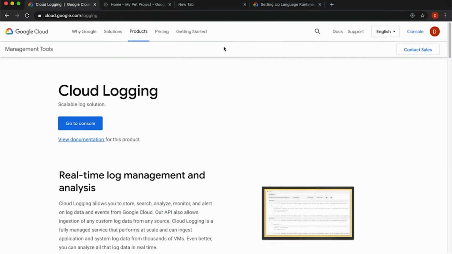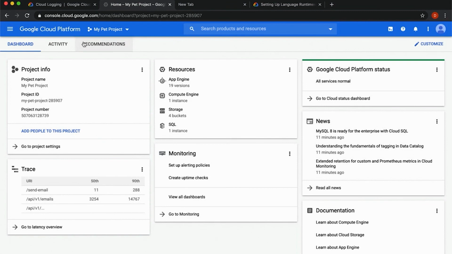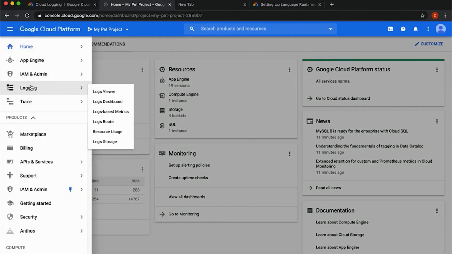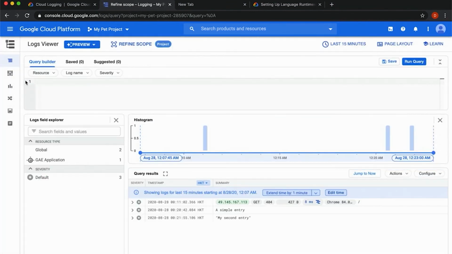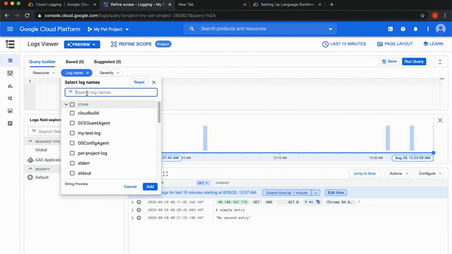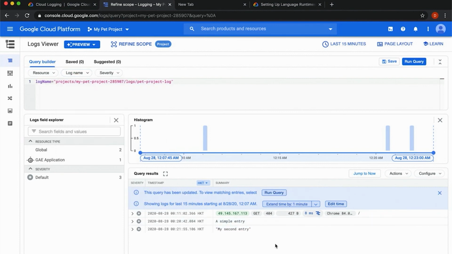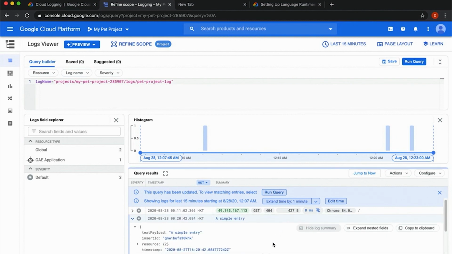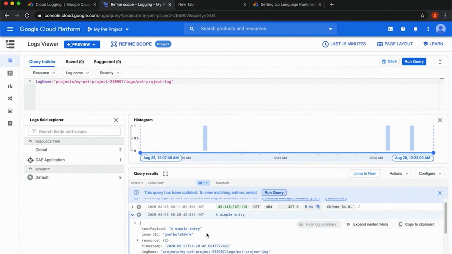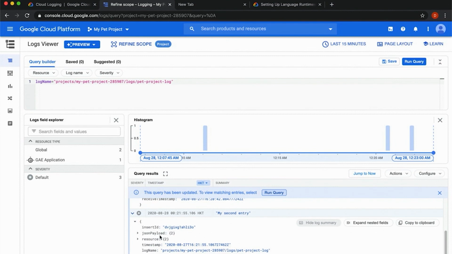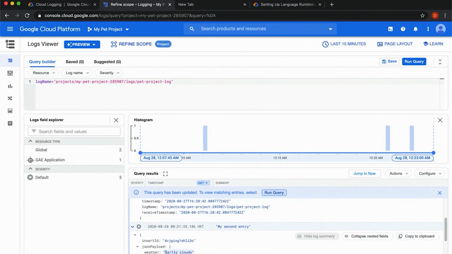Now let's view this using the logging viewer for a much better experience. Let's go to the Cloud Console and open Logging, and we can see the viewer here. Let's filter to our log name, which is pet project log. And there, we can see the logs that we've sent here in the viewer. We can also see the difference between structured and unstructured log formats. And that's it. That's how we write to Cloud Logging using gcloud, which is just one of the many ways